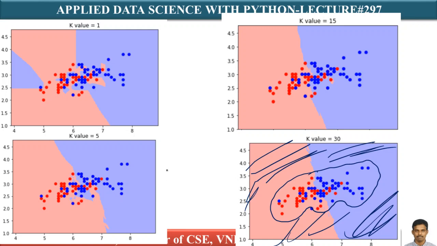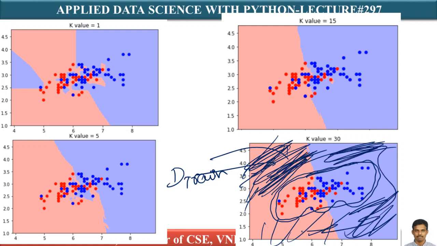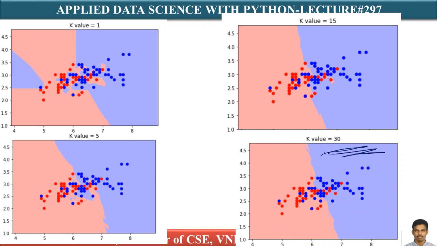So in D train, there are no points in this shaded region, but still we are assigning some color, isn't it? You have data only here, but you don't have data here. In this portion, you don't have data, but still it is assigning some color. This whole region got marked as blue, even though it's not having data.